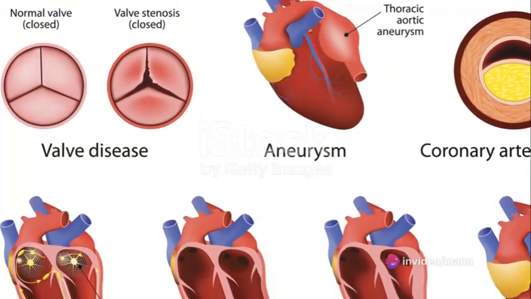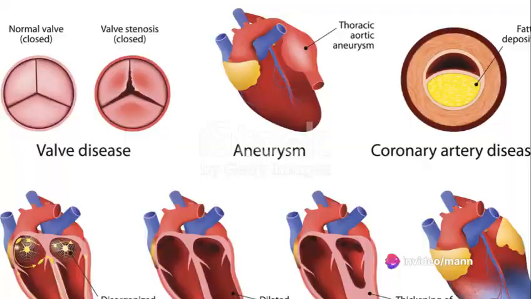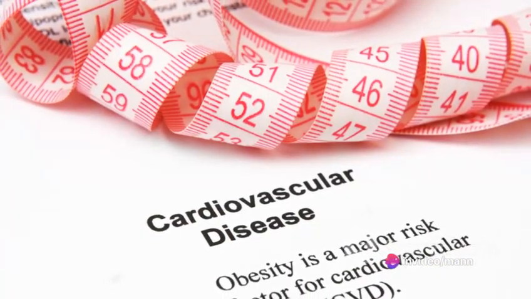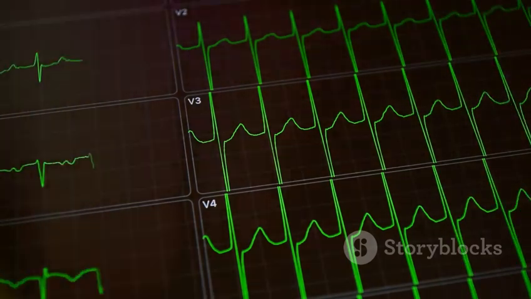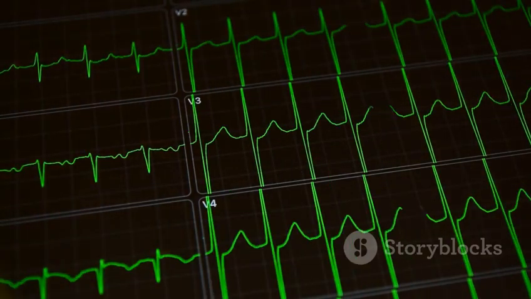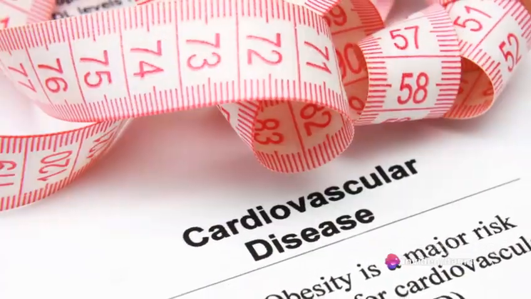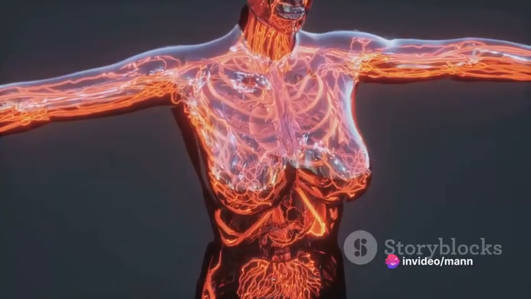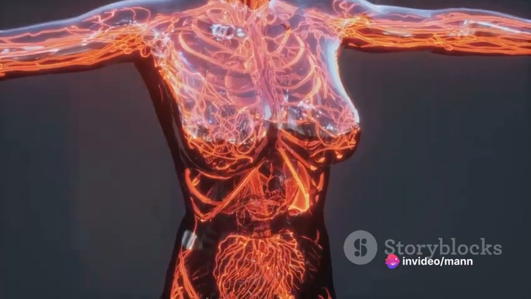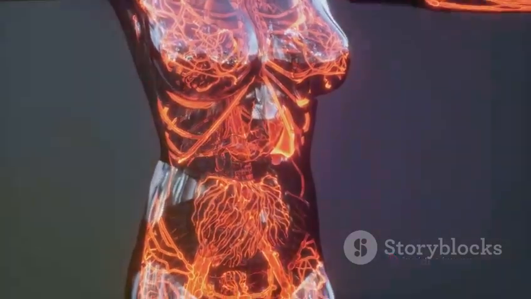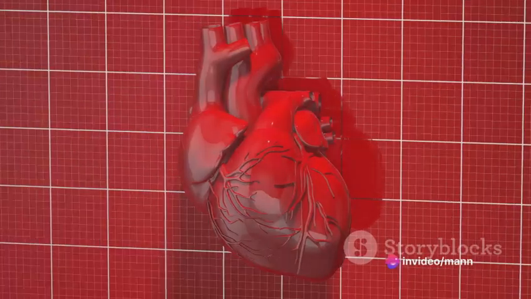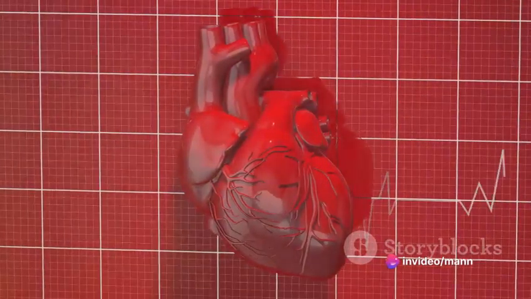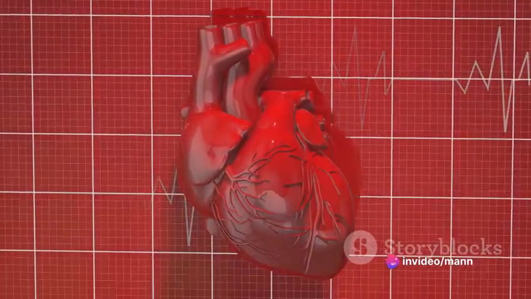implications. Some CVDs may cause the heart's arteries to narrow or become blocked, leading to chest pain or even heart attacks. Others might make the heart rhythm irregular or cause the heart to pump blood less efficiently. There are even those that affect the blood vessels outside of the heart or the ones supplying the brain, causing pain during physical activity or leading to stroke, respectively. So, are you ready to explore this intricate world of cardiovascular diseases? Let's delve deeper into the most common types of cardiovascular diseases and how they impact our health.